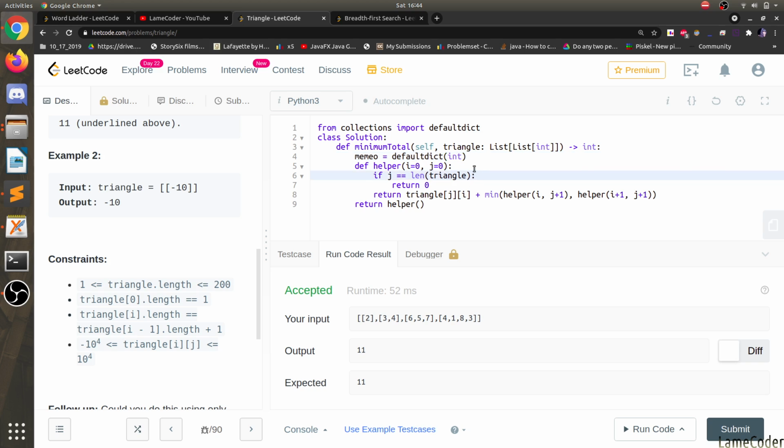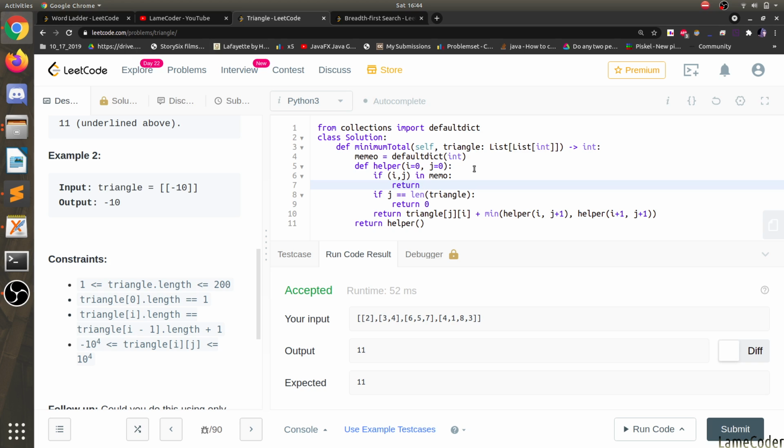If tuple i, j is in memo, then return memo of i, j, else memo of i, j equals this, and then return it.